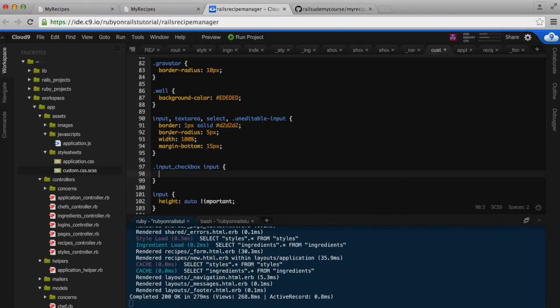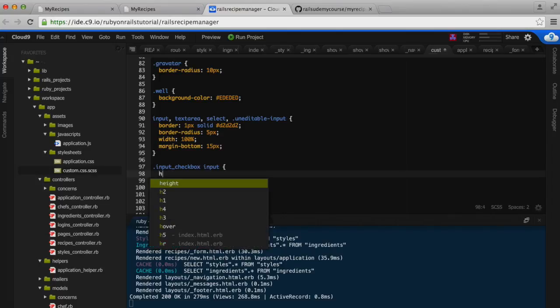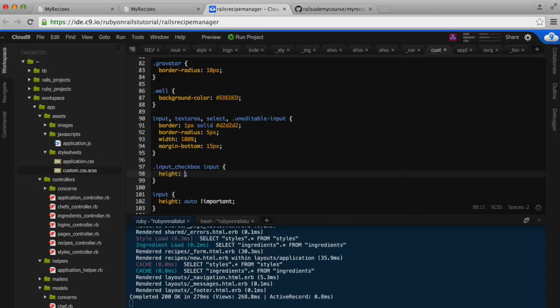If we got rid of it, it worked for that particular field, but then it doesn't work for other fields which our application is using. So we're just going to update how the input works for the class that has input_checkbox. Here I'm going to say width: auto !important;